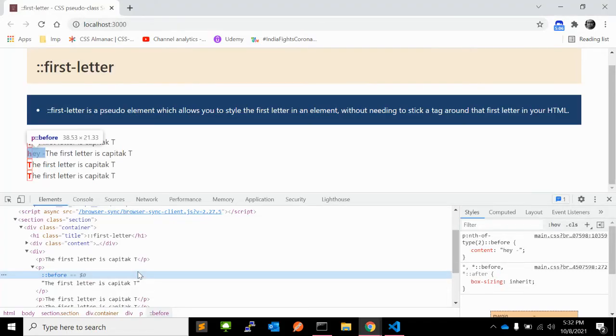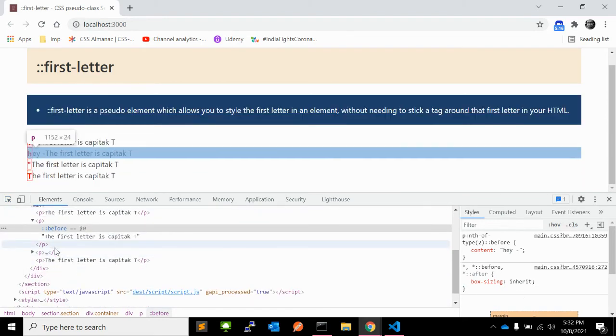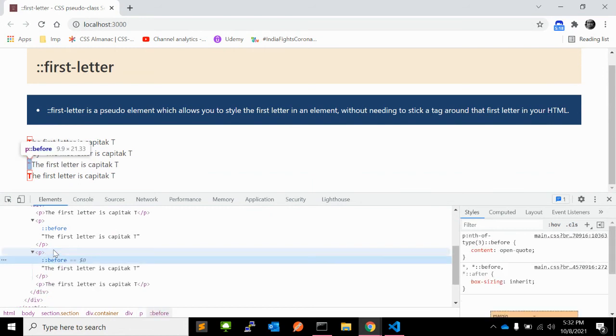Let's see. So you can add a quote here as well, in the third paragraph, and it has the given style. Color red and font-weight bold are applied to this quote.